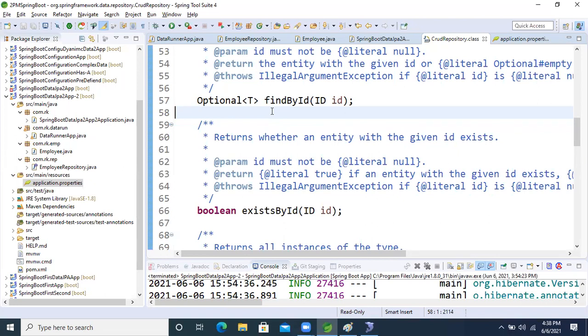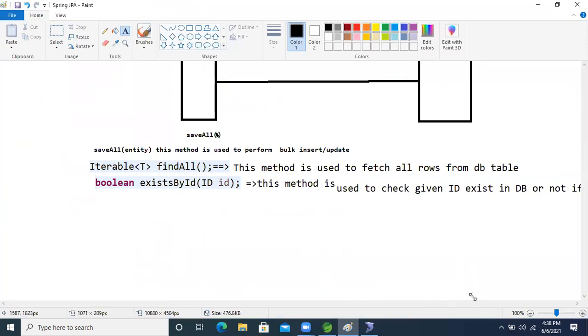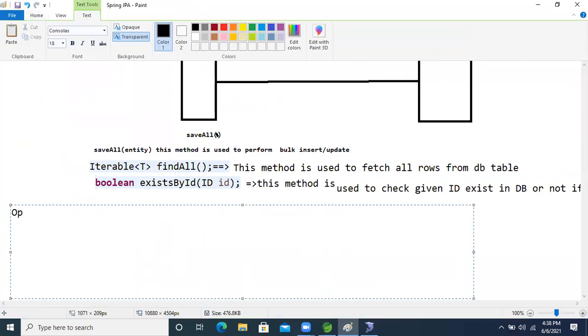So now, let's see some things about Optional. First, we will understand what Optional is.